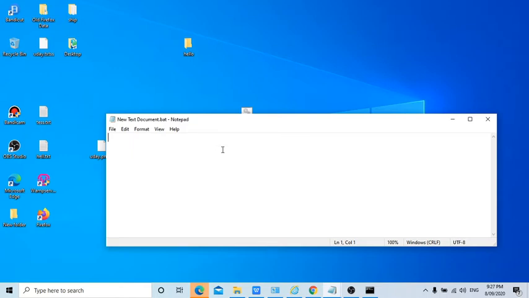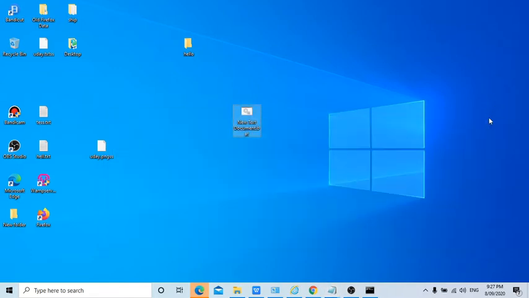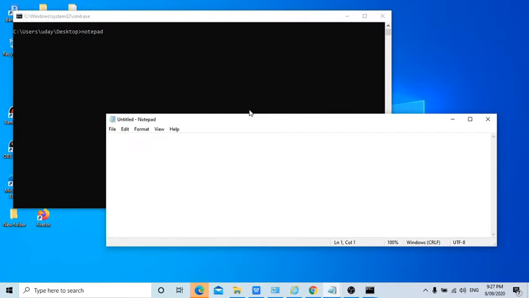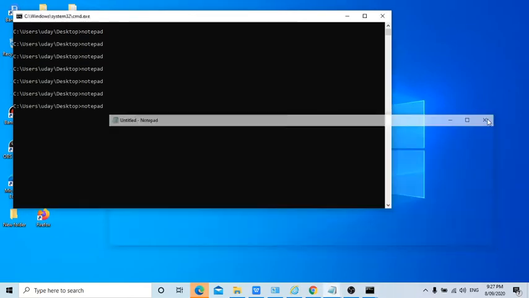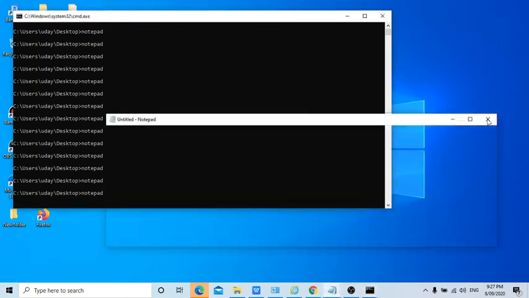Now I will be showing some simple DOS commands. We can enter notepad, right? I enter notepad around 16 times. Let's see what happens when I click on it. It has opened only one, but when someone closes it, it keeps on opening again in the back end.